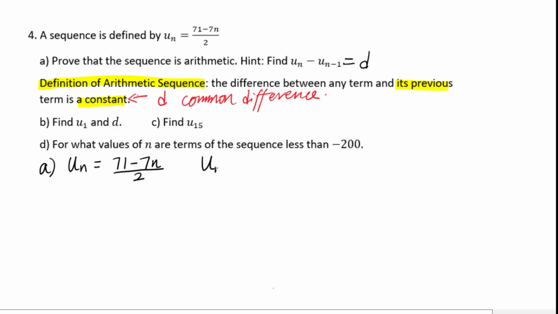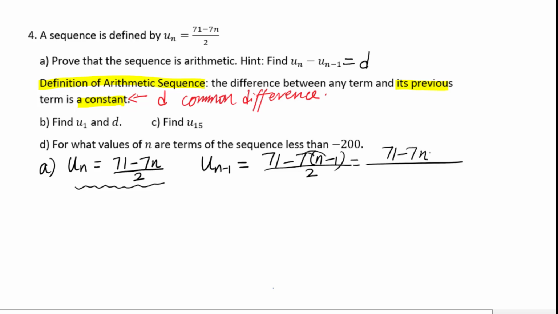For u sub n minus 1, every single n in u sub n will be changed into n minus 1. So we have (71 minus 7 times (n minus 1)) over 2. Distributive property: (71 minus 7n plus 7) over 2